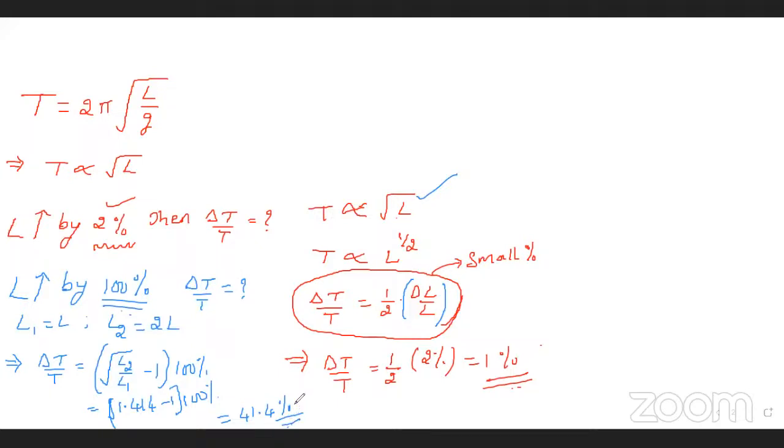So it is 41.4%. So initially, if you go with the earlier method, you are going to say it is 50%, but that is not an option. For larger percentage, you have to go for this method itself. So this is one problem usually they are going to ask in the simple pendulum. After this,